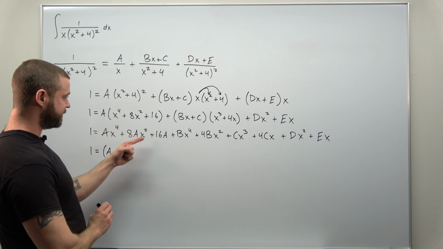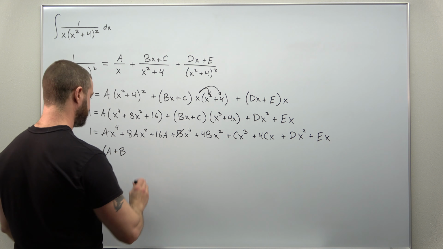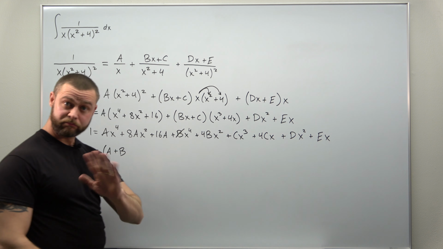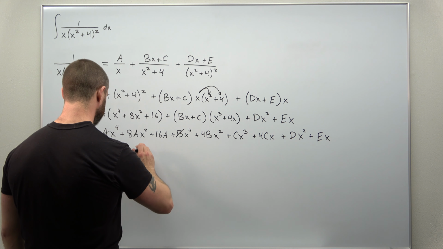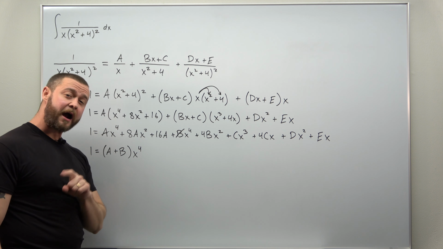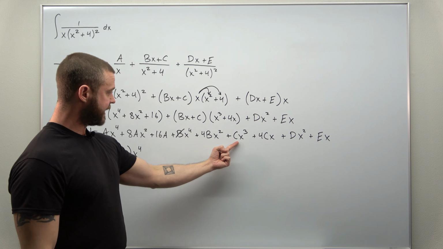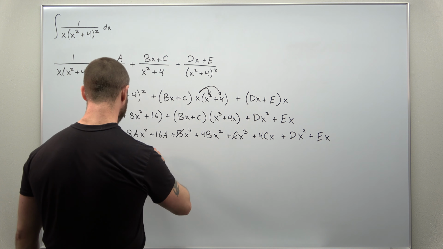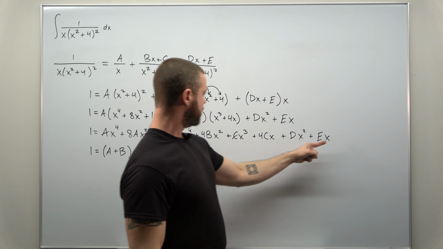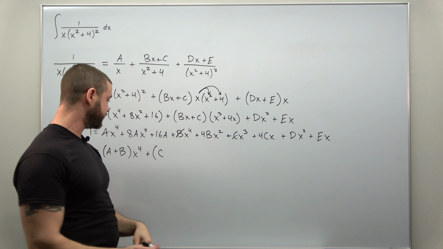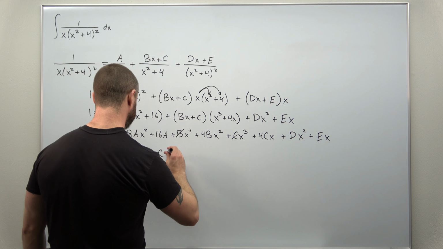And where else is there an x to the fourth? We have b. And I think that is it. So that's it for your coefficients of x to the fourth. Now we can move on to our x cubed terms. So I'm just going to scan through there. We have an x cubed with coefficient c. All right, where's my next x cubed? That's it. So there was only a single x cubed. That's nice. I can actually write that without parentheses. So c